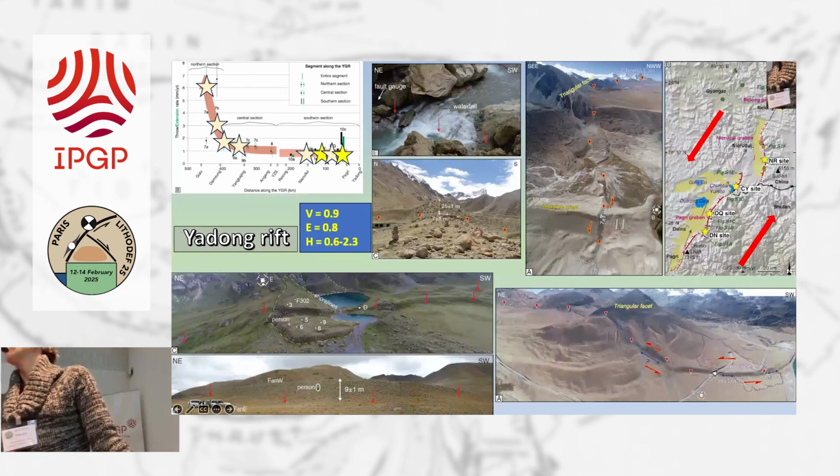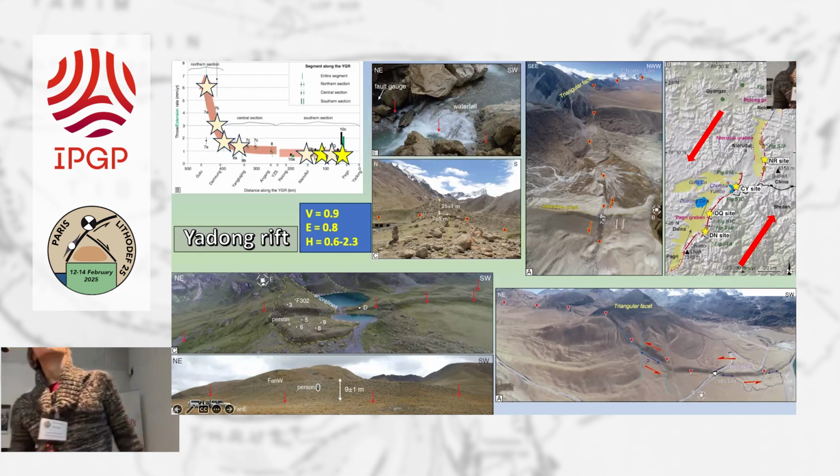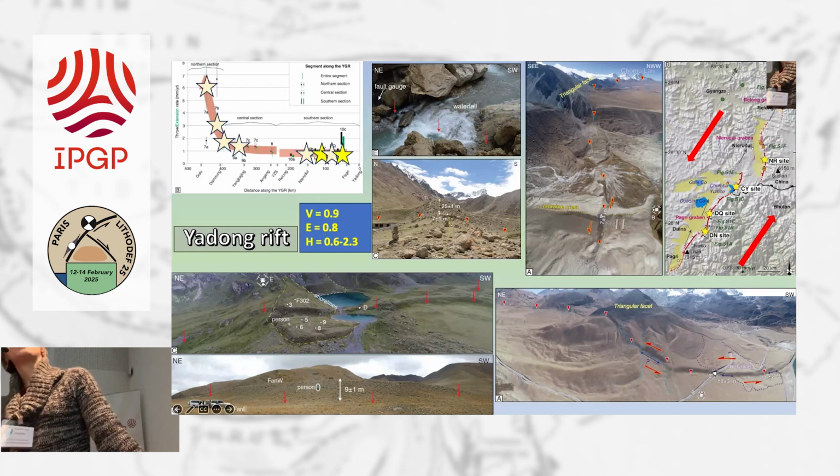So now if we look south of the Yarlung-Tsangpo Suture, along the Yadong Rift, you can see that the rift is not as mature. You see that it consists of these three sub-grabens, and there's also a left lateral component of motion. And you can see even one of the rivers is vertically offset with a waterfall, about 2 meters high, probably showing the last major earthquake. So it's still visible. And you have numerous moraines. This is a 15-meter high scarp. You have this left lateral component here.